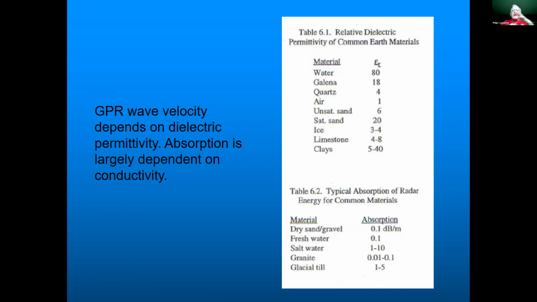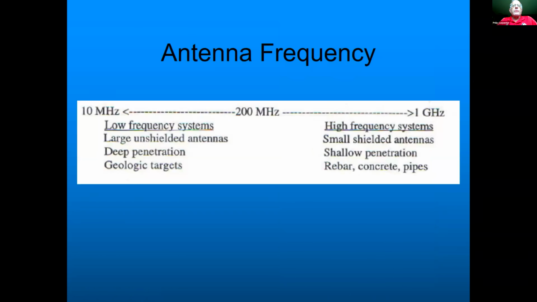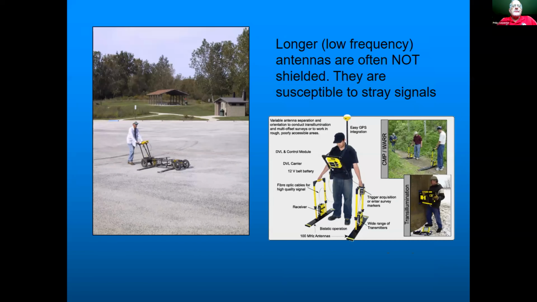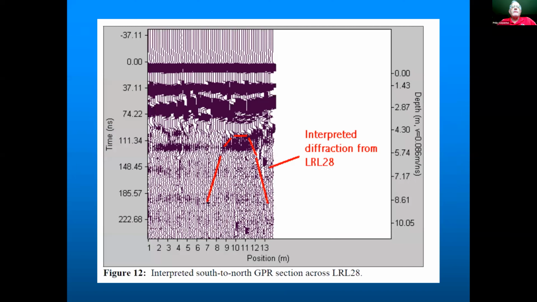And of course, in landfills, you've got a lot of clay, you've got clay cover and clay intermediate cover between the different lifts in the landfill. So actually, it's amazing this thing actually worked. We covered that already. So this is one of my favorite pictures. We actually saw a leachate recirculation line 28 at a depth of about 4 to 5 meters. And it showed up like a diffraction here.